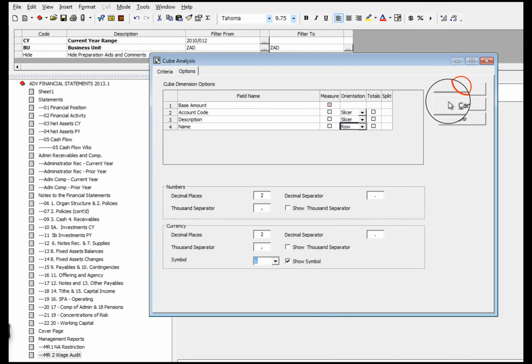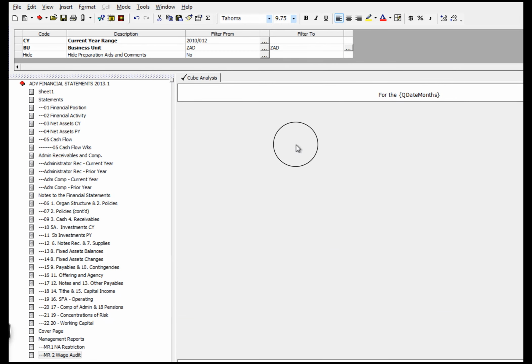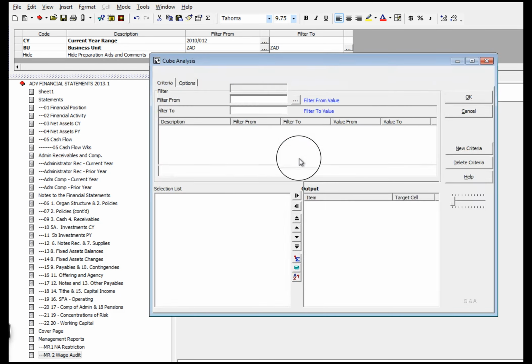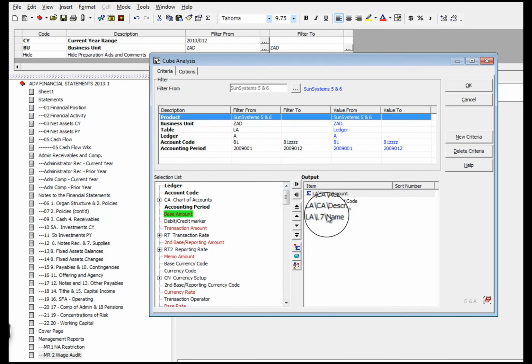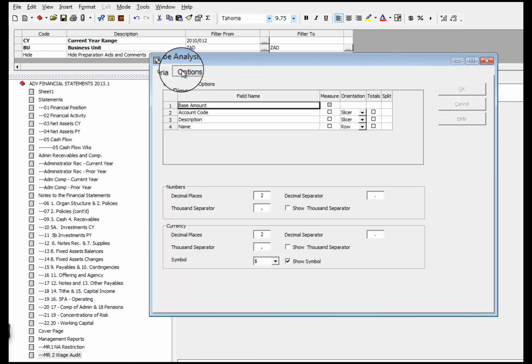And so I go okay with that, and right now I've got the name in the rows, and I would like totals to appear at the far right. These are rows. The total for the rows will be there. And I don't want to show symbols, and I want to show 1,000 separators.